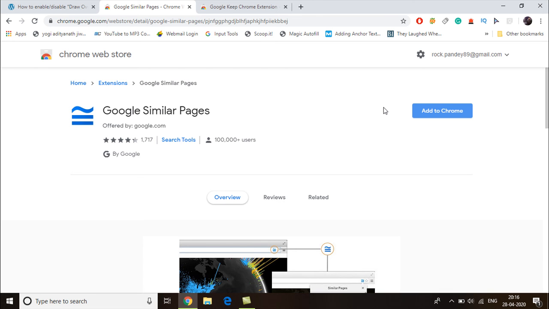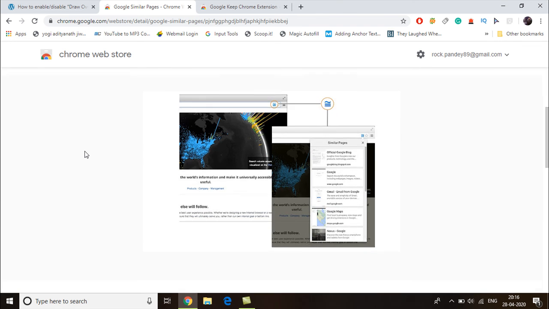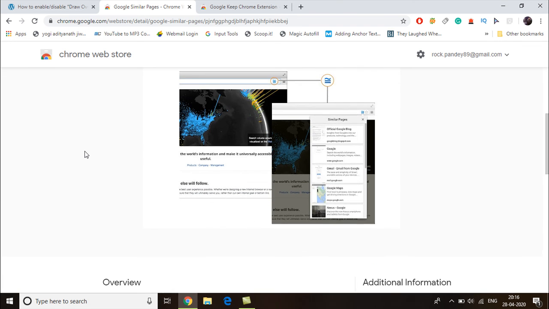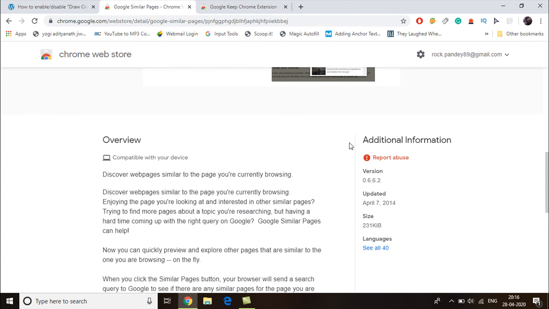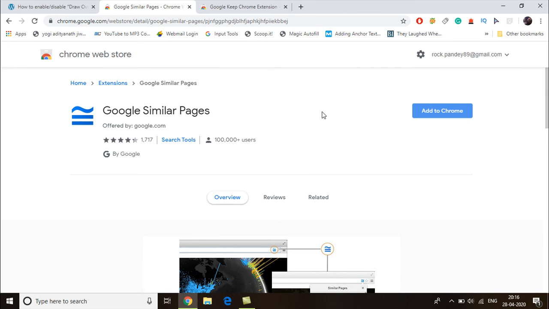And if you click on this icon, just like we clicked on the save to keep extension, while reading that blog, it will show you a list of similar blogs. You can see a picture here right now. You can see a list of similar pages which you will be interested in. So these are the 5 extensions which are developed by Google for Google Chrome, and hopefully you will like it.